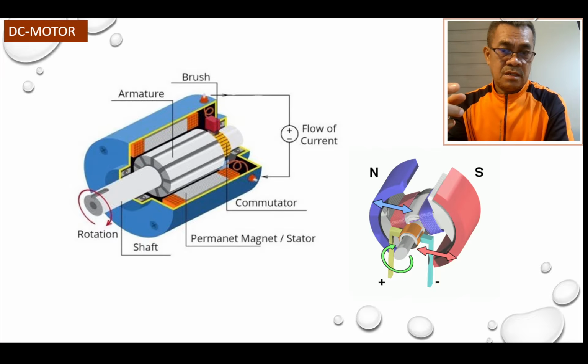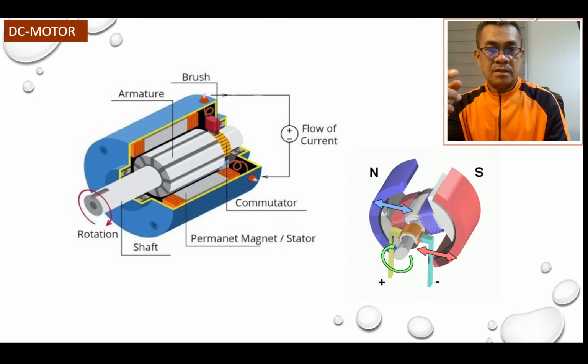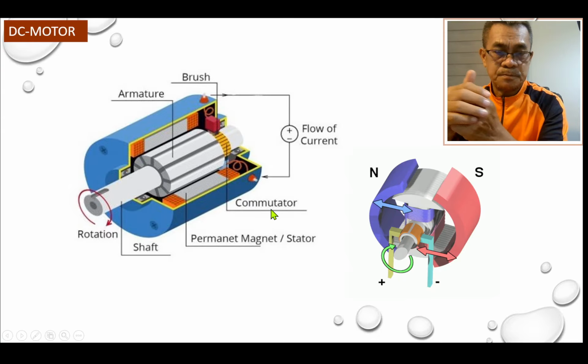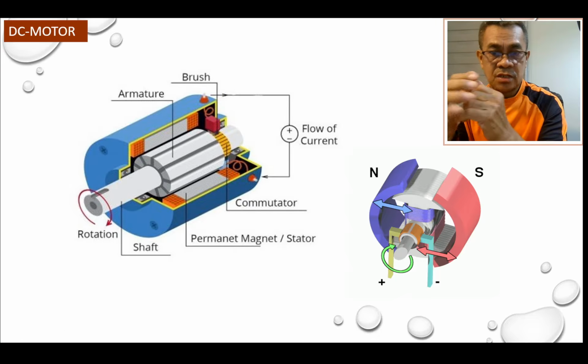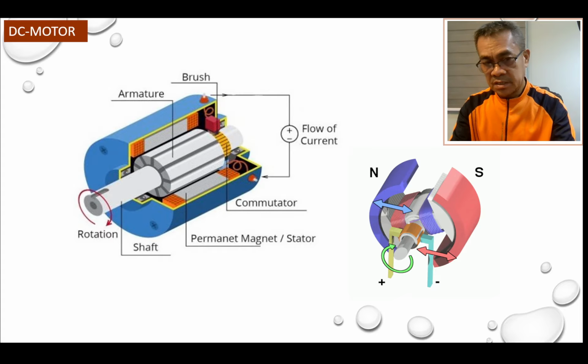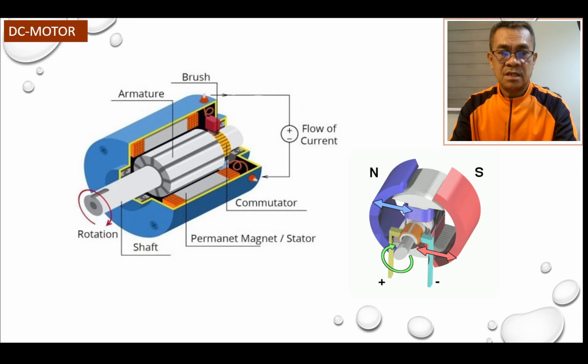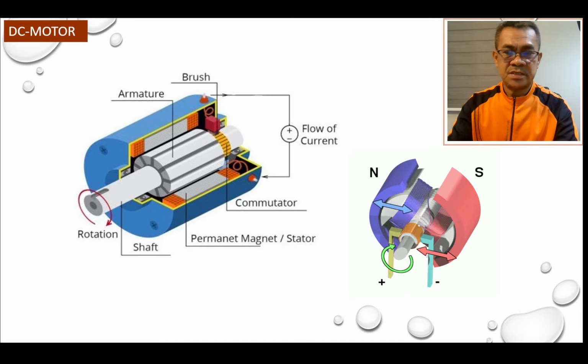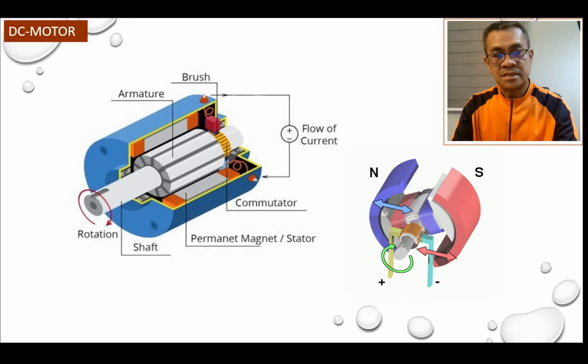The purpose of the commutator, actually, the brush and commutator combination, is the reason why the motor works. Without the commutator and the brush strategy, the rotation of the armature is just 180 degrees.